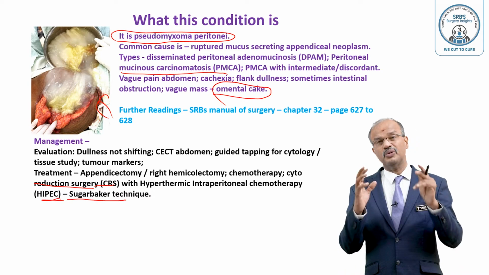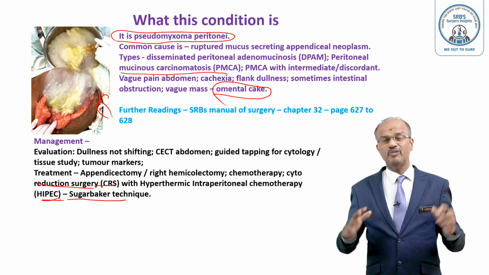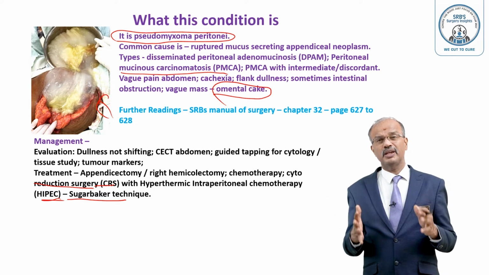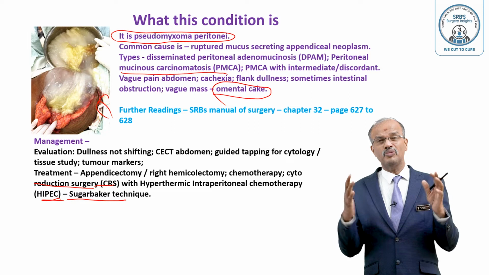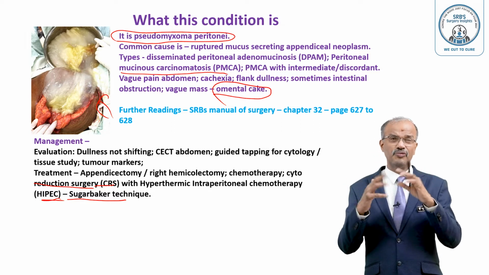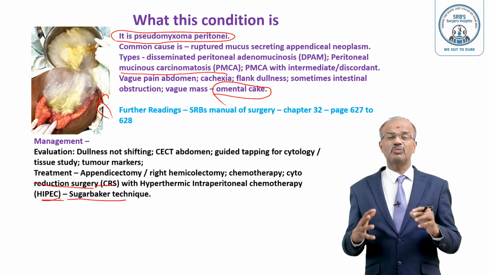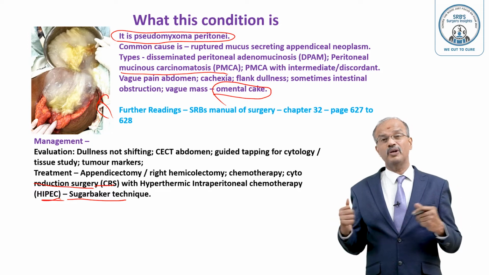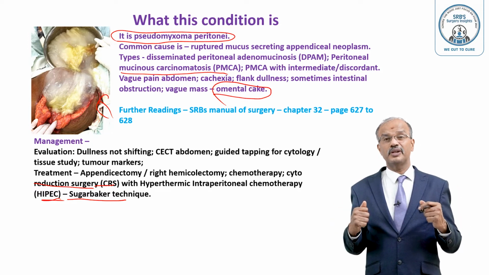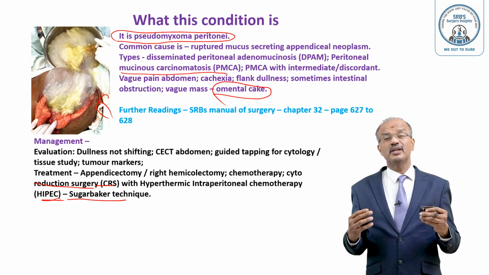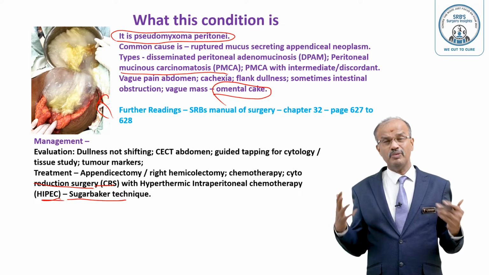You know how exactly you do that: open the abdomen. Then cytoreduction. Cytoreduction means in different regions you remove the peritoneum, small secondary nodules, everything is cleared, including over the serosa of the bowel. The entire peritoneum has to be peeled off. That is called cytoreduction. It usually takes many hours. And once you do that, you can do the